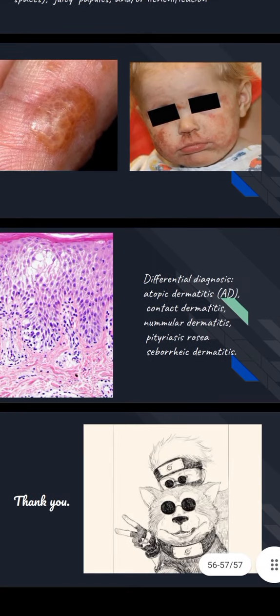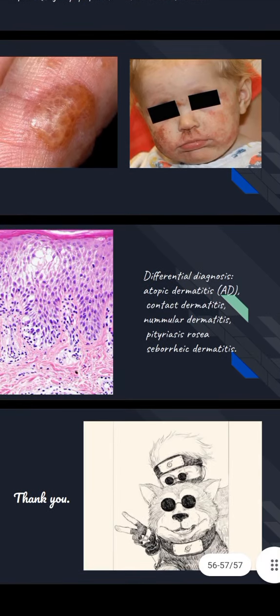The differential diagnosis includes atopic dermatitis, contact dermatitis, nummular dermatitis, pityriasis rosea,